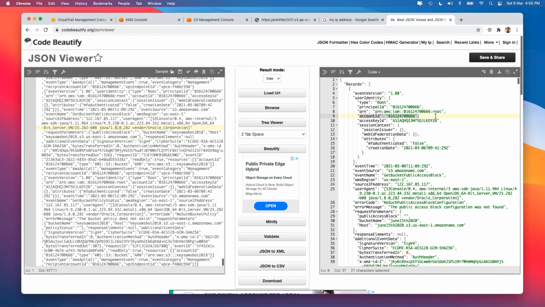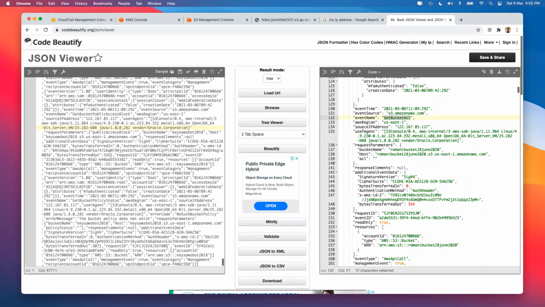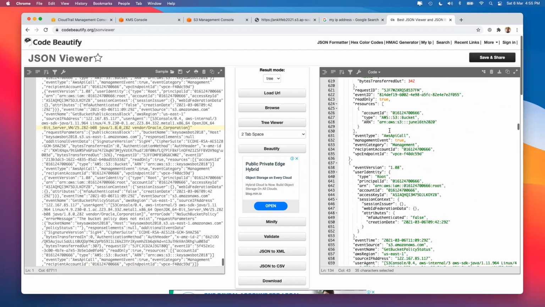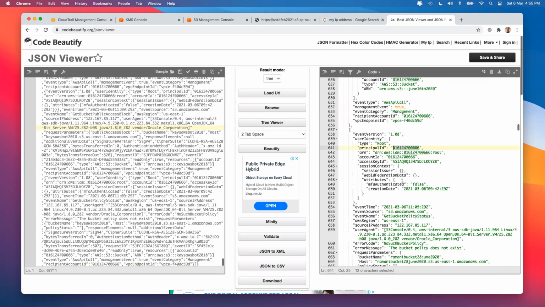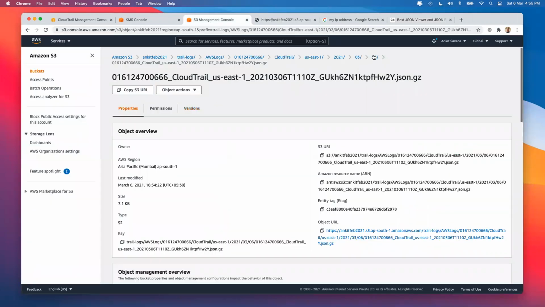It happened for this account ID. Source IP was this. Go down. Someone tried to do a bucket ACL from this IP, which was me. Keep on going down. You did an API call for this user for this particular thing, and this was the IP, and they tried to do it in US East 1. So basically, whatever you are doing now is being logged inside AWS, inside your